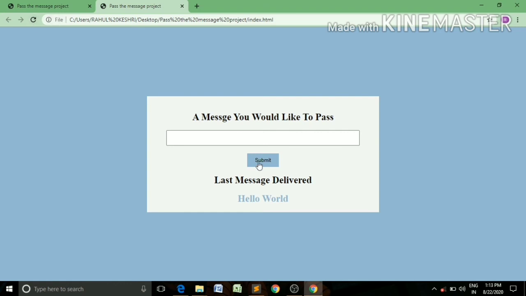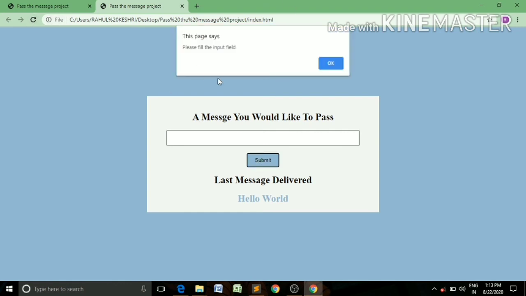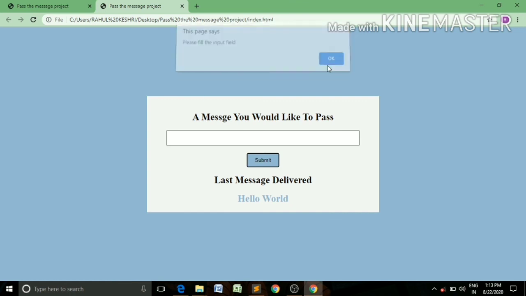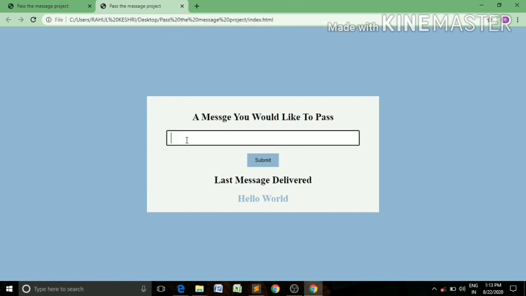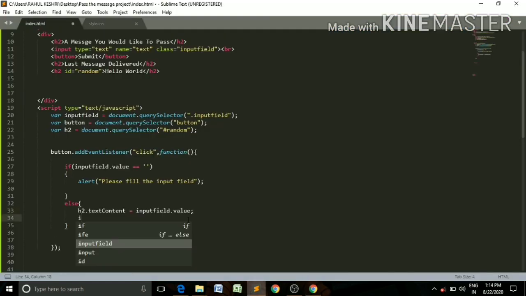If you click on this button, an alert pop-up message appears. If you write something in the input field, for example, then the value of this input field appears at this place. If you want to remove the value from the input field, then simply you can write inputField.value equals null.